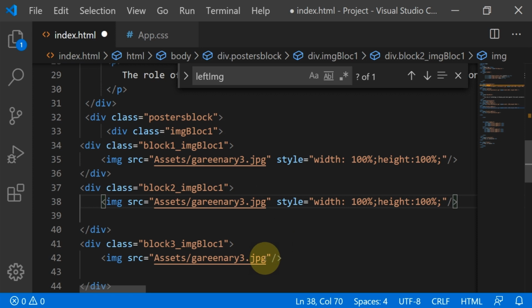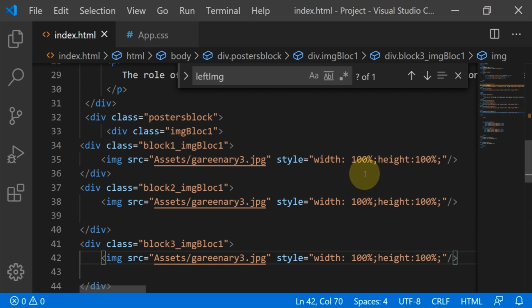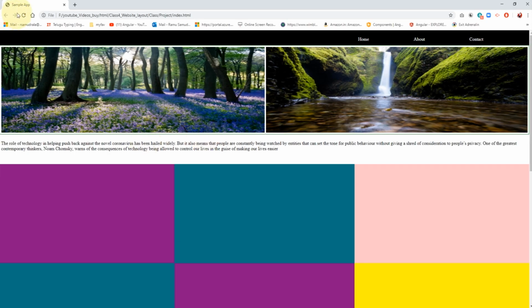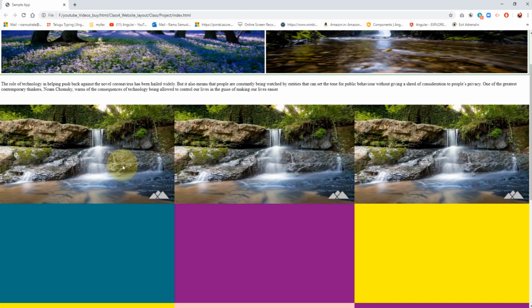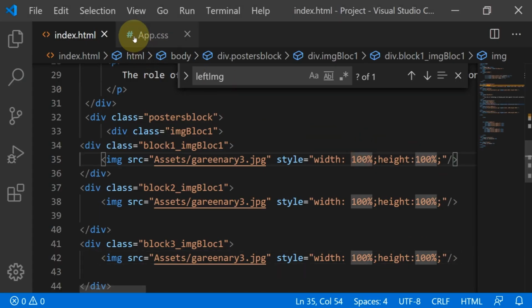Otherwise it will take the image's actual size, that will raise some issues in your website. So we must maintain height 100%, width 100%, and its parent should be in fixed widths. So now let's see, yeah, the 3 images came right here, fine. So we should maintain some equal space also here. So for that, this block is block 1 image, right? So here block 1,